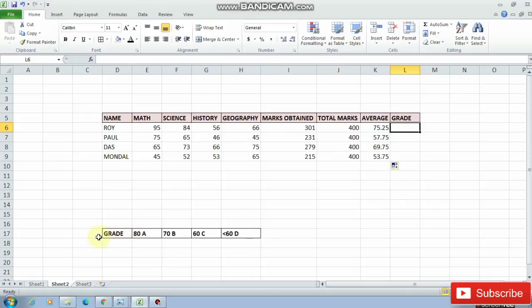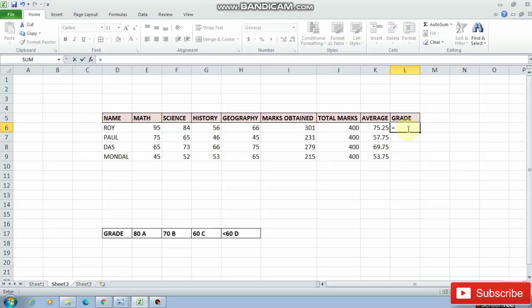Now coming to the most important part, that is the gradation part. Here, as I have told you, a criteria is given: if the marks obtained is 80 or more than 80, the gradation will be A. If the marks obtained is 70 or more than 70, the gradation is B. If the marks obtained is 60 or more than 60, the grade is C, and if the marks obtained is less than 60, then the grade will be D. Here I will be showing you taking into consideration the math column only.